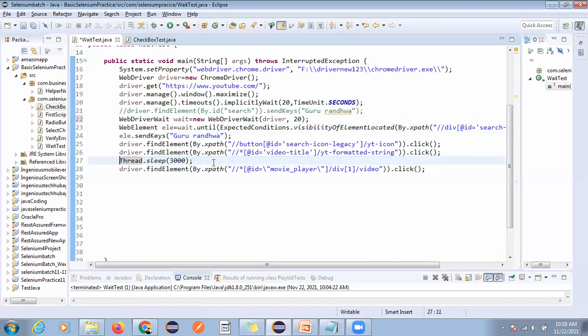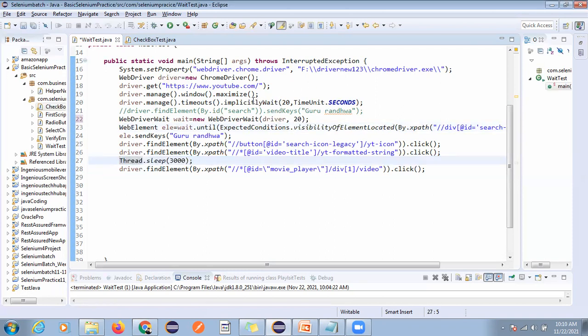It will not wait for the specific element; it is a hard-coded wait. If you use Thread.sleep everywhere, then what will happen? Your script will become very slow. This is just used for dry run purposes. Many exceptions you will get that this will not be able to handle.